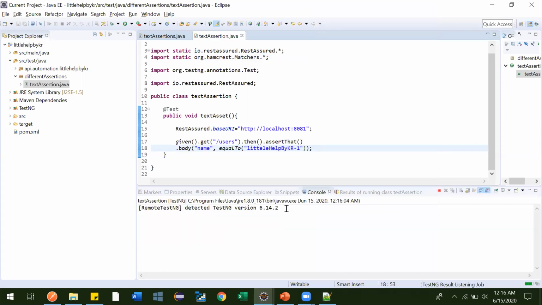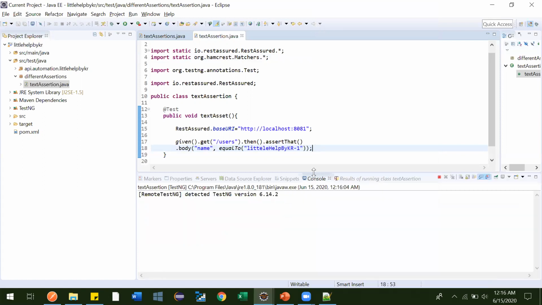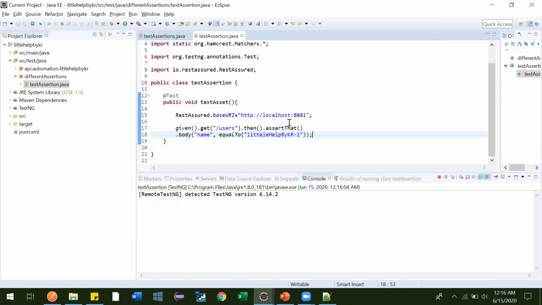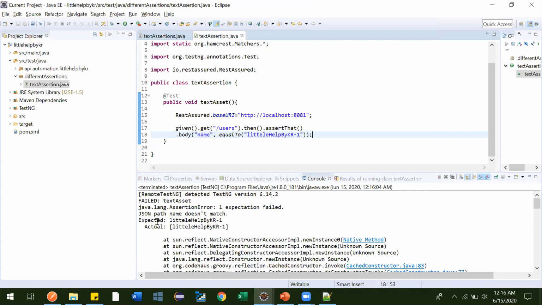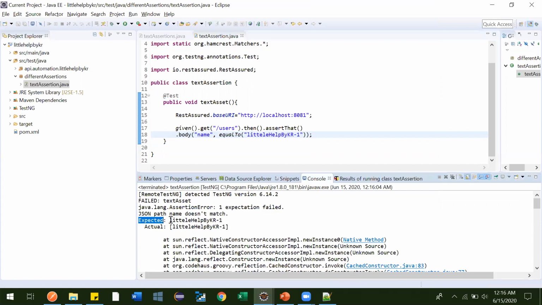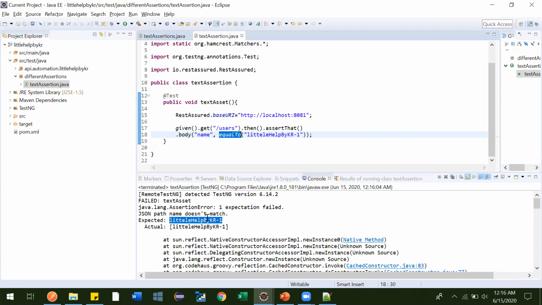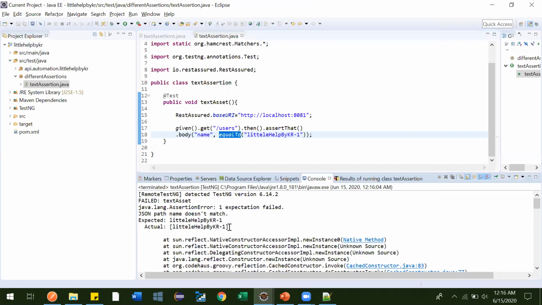I'm expecting it to fail, because I told you I'd be making mistakes in a few places. See what is mentioned here: our expectation was this, but actually we are getting this in an array. That's why it is failing, even though the content is the same. This equalTo will not work on an array, which was my intention in making it fail.